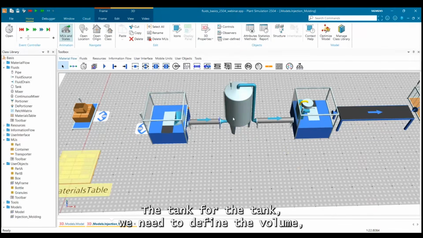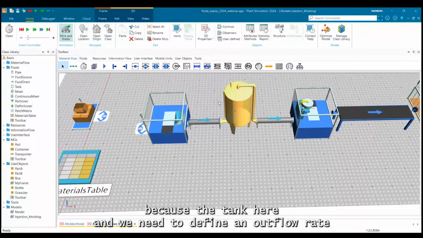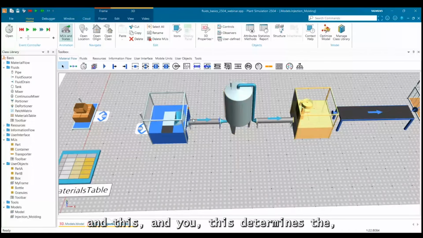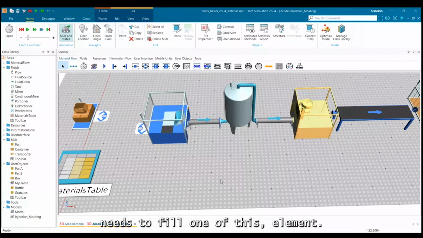The tank. For the tank, we need to define the volume. How big is the tank here? And we need to define an outflow rate. The outflow rate and the amount of material in this MU determine the time it needs to fill one of these elements.